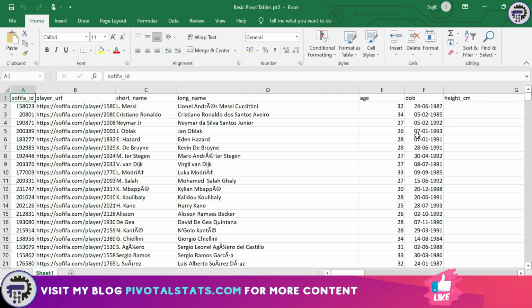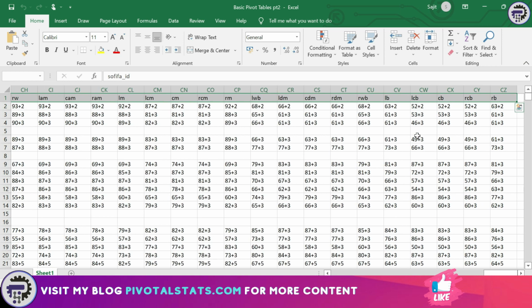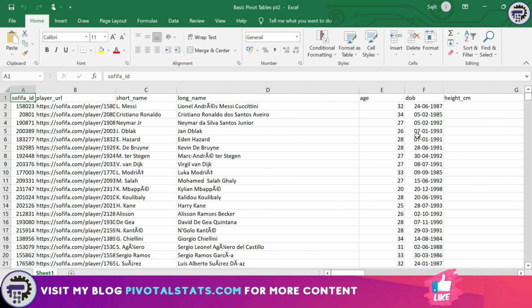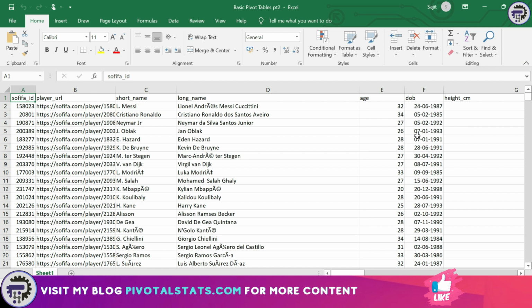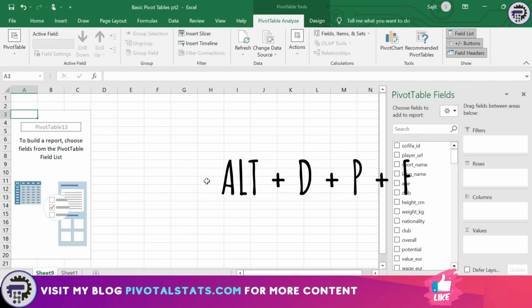As you see on the screen here, I have this dataset already pasted in an Excel file. And what I'm going to do is create a pivot table out of this dataset, like we learned in the previous video. So I'm going to select anywhere on the dataset. I've already checked the sanity of the dataset. It's perfectly fine. I do not have any blank columns or blank rows in between. So I'm good to go. All I'll do is press Alt, D, P and F, which creates a new pivot table